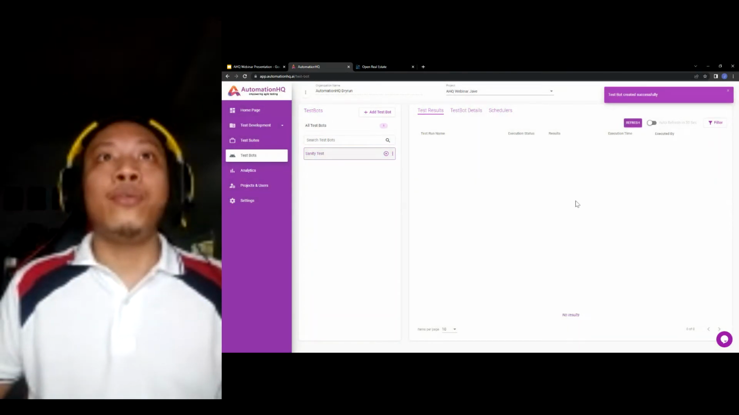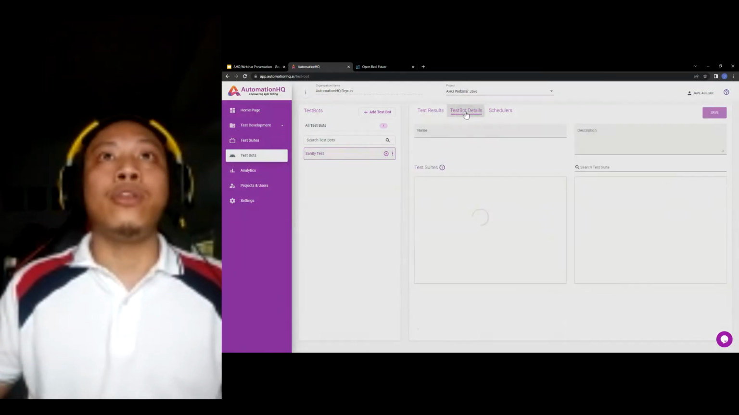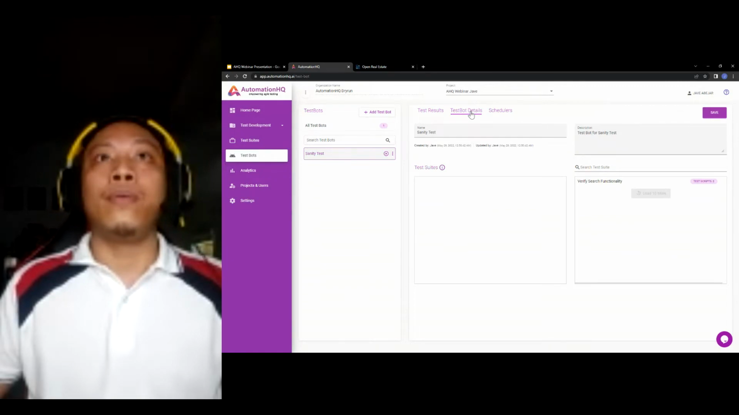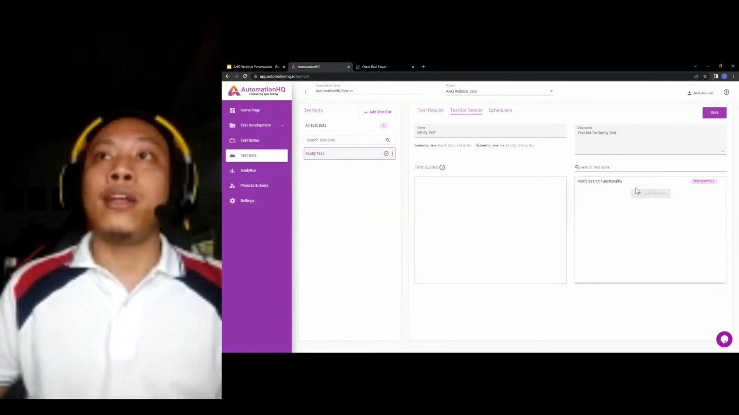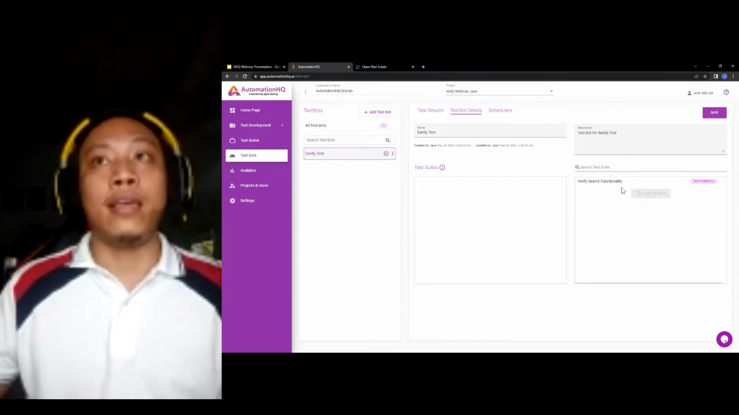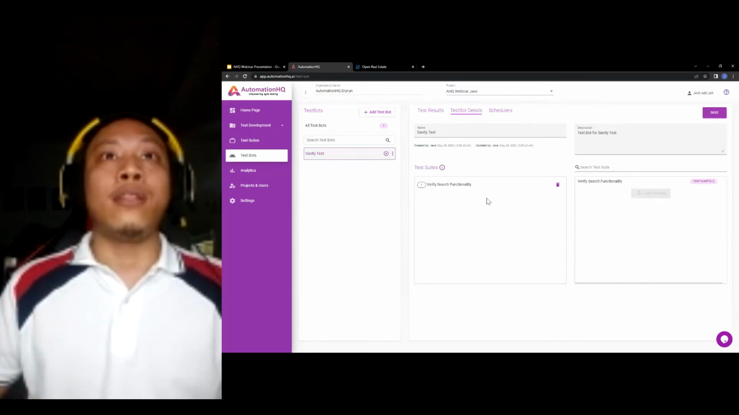So over here, we can see the test results, but since we haven't executed the test bot yet, we need to configure the test bots. So here in the test bot details, we can see the various test suites that we have created. In this case, we have the verify search functionality test suite, which contains two test scripts. So we will just drag and drop it to be included in this test bot,